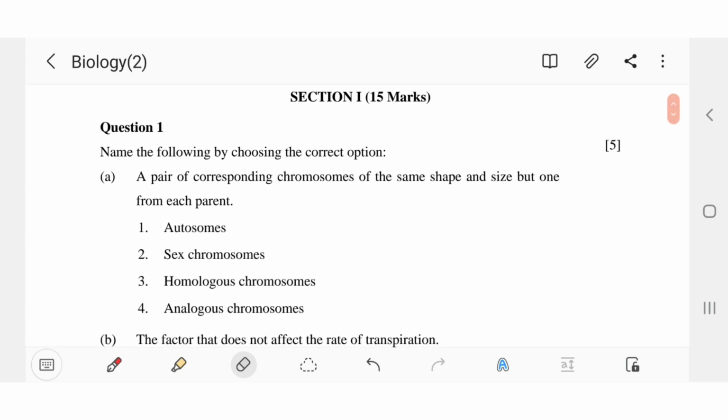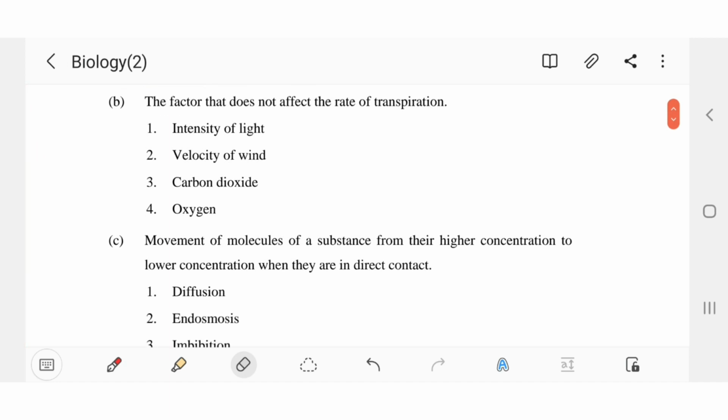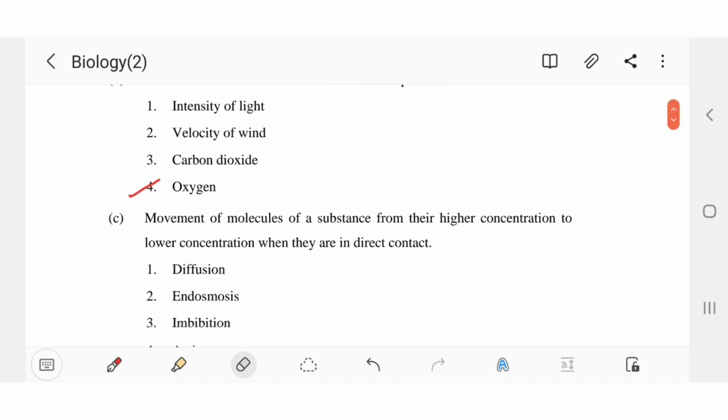Question number 1: name the following by choosing the correct option. A1: a pair of corresponding chromosomes of the same shape and size but one from each parent. This is, we know, third option, homologous chromosomes. Now B1: the factor that does not affect the rate of transpiration. This is fourth one, oxygen, because sunlight, intensity of light, velocity of carbon dioxide do affect the rate of transpiration,